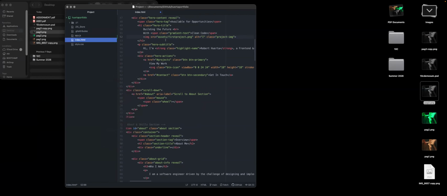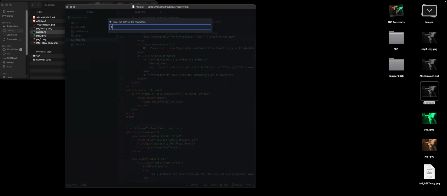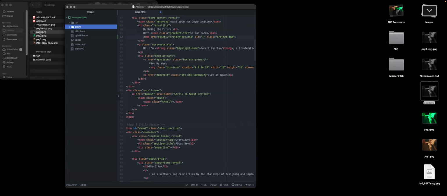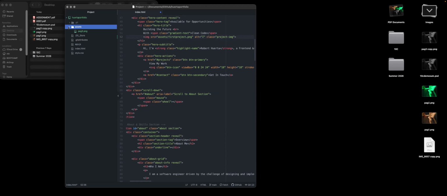And one thing I want you to notice is look at the structure of this tag here. So, open image source from assets. We don't have an assets folder, but we could make one. So I'm going to make an assets folder. I'm going to save that page 3 image in there. So now it's inside the assets folder, and it's going to call for